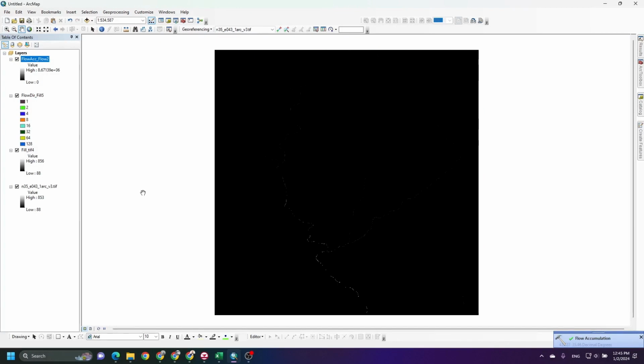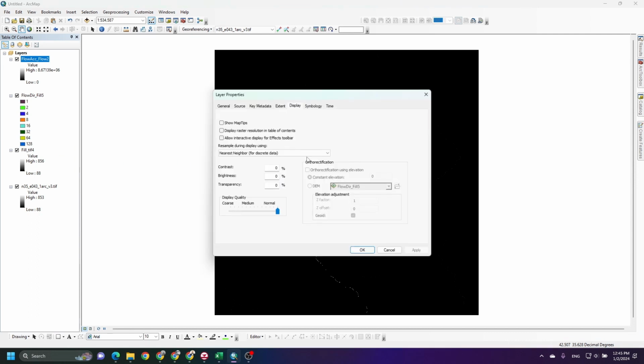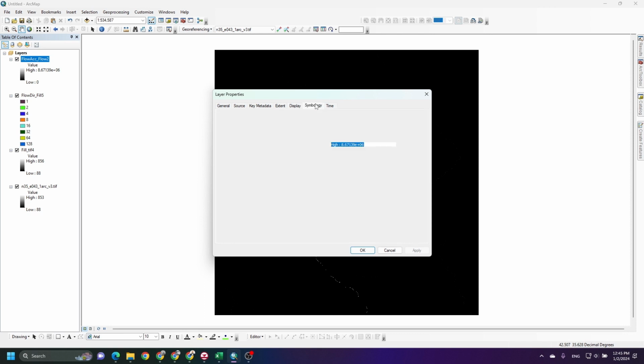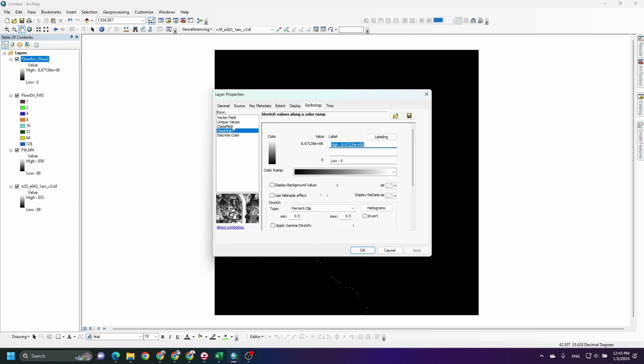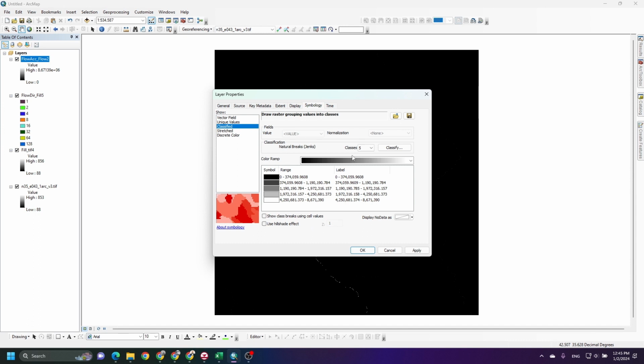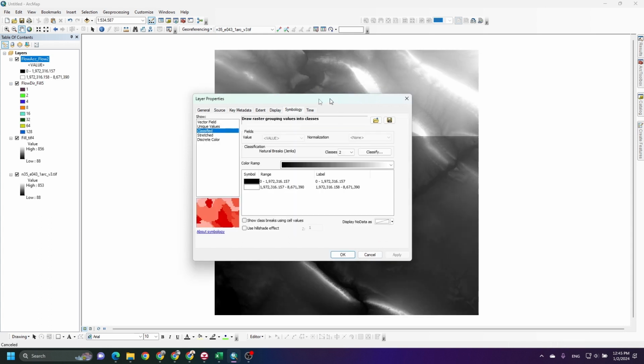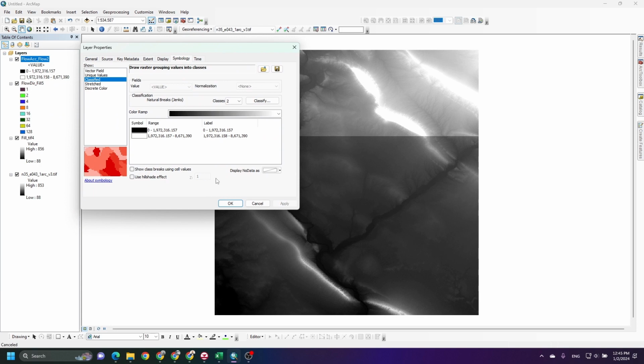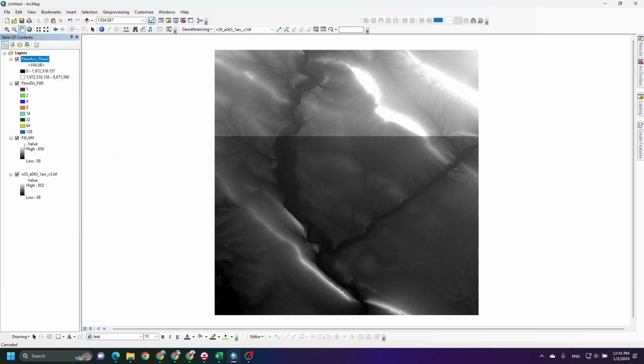Yeah, it was done, so you can go to the properties, and from symbology, just select classify and press to here, and just apply it, then OK, you will see the result.